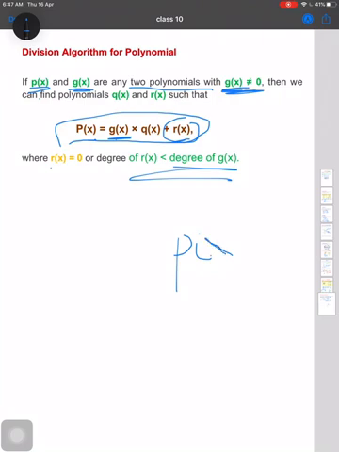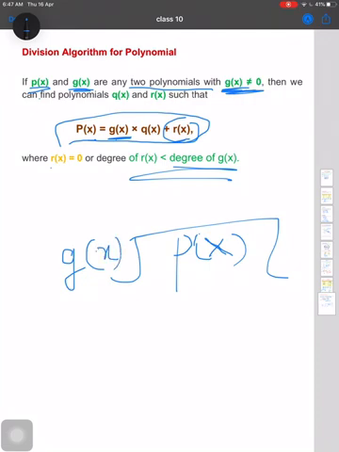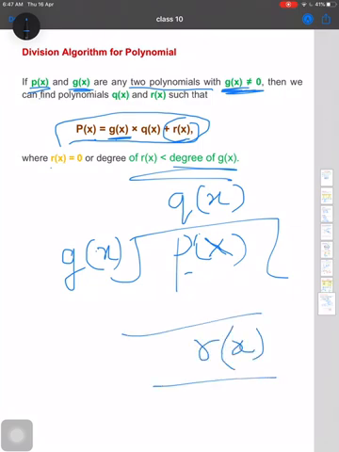This you can understand. Suppose you have a p(x), and you are dividing this p(x) with g(x). When you divide a polynomial p(x) with g(x), there will be a quotient, suppose q(x), and after dividing you are getting some remainder. Okay, now it will be clear. So now you can say the degree of the remainder will always be less than the degree of the divisor. So I think this is clear. So this much only you have in this chapter.